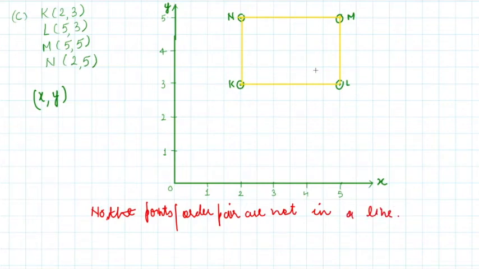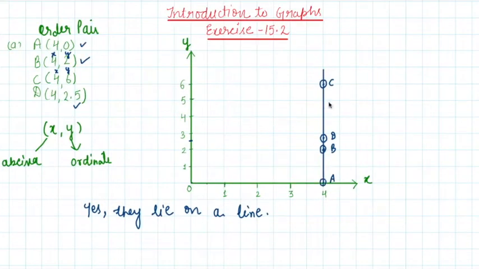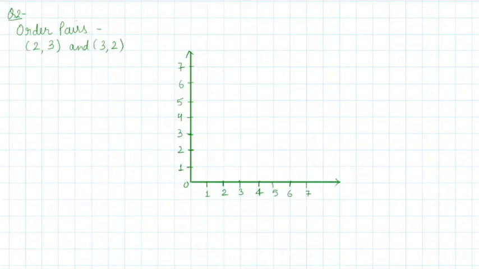Right? Because when we have positioned them in the Cartesian plane, we have located their positions and, joining all the points, they are not lying in the same line. Rather, in the previous case, all the points P, Q, R, S were in a line. If we go to the previous one, again there were A, B, C and D points, and they were again in a line. So this is how in the first and second parts the points lie on the same line. Rather, in the third part the points are not lying in the same line.